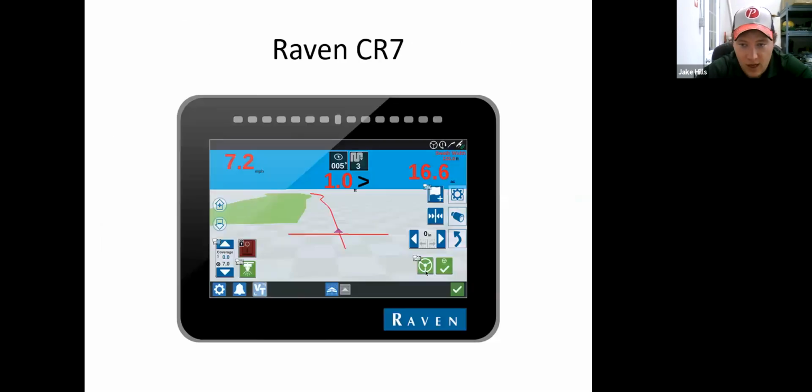But for today, we're going to be working with the CR7. It's a really nice monitor. It's got a lot of really good features. Couple nice parts about it. It is ISO based, so it's kind of geared towards the ISO control. It's really nice if you're using it as, say, a second display for your virtual terminal. So for example, if you have a 2630 in your tractor doing your guidance,